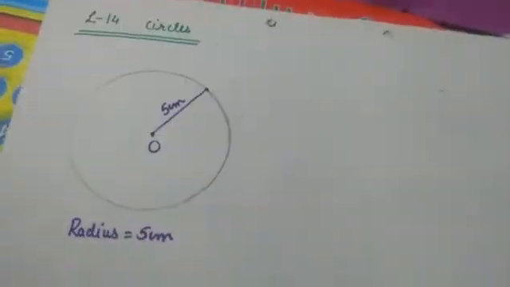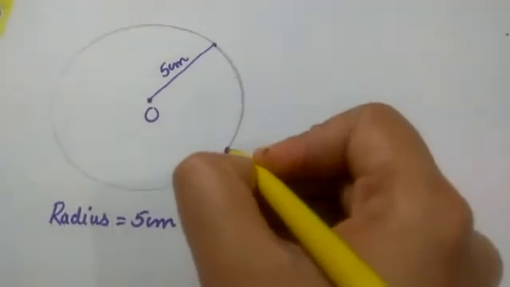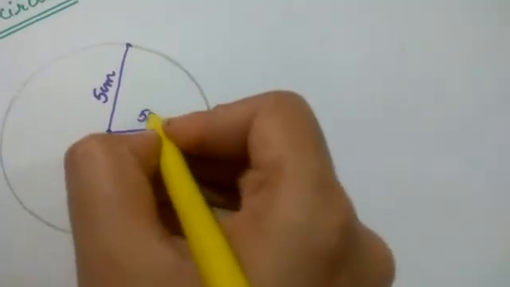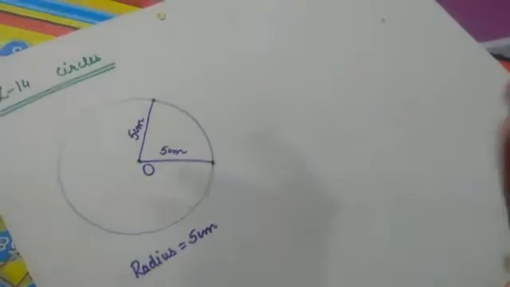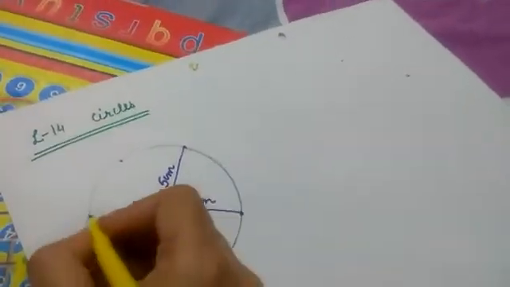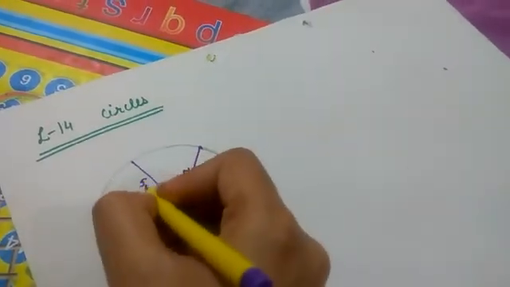So you are saying to me now, ma'am, this is also a boundary point. Yes, this is also a boundary point. So the distance between the center and this point should also be 5 centimeters. Yes, these are all boundary points, and when you check the distance between the center and any boundary point, you will find the distance is the same. Every time it is 5 centimeters. Understood? Now this is the concept of the radius.